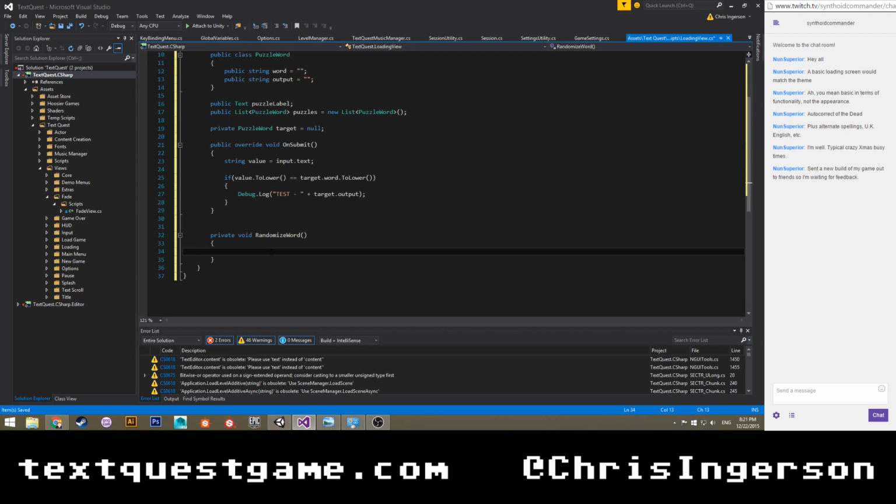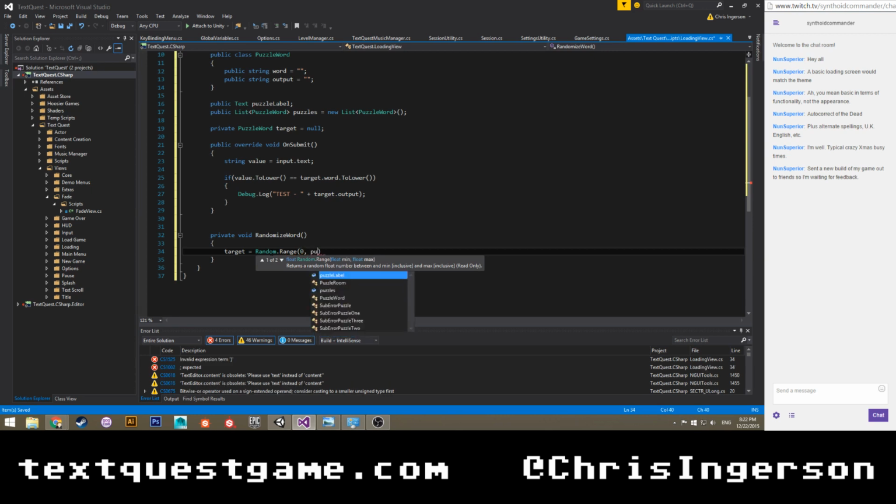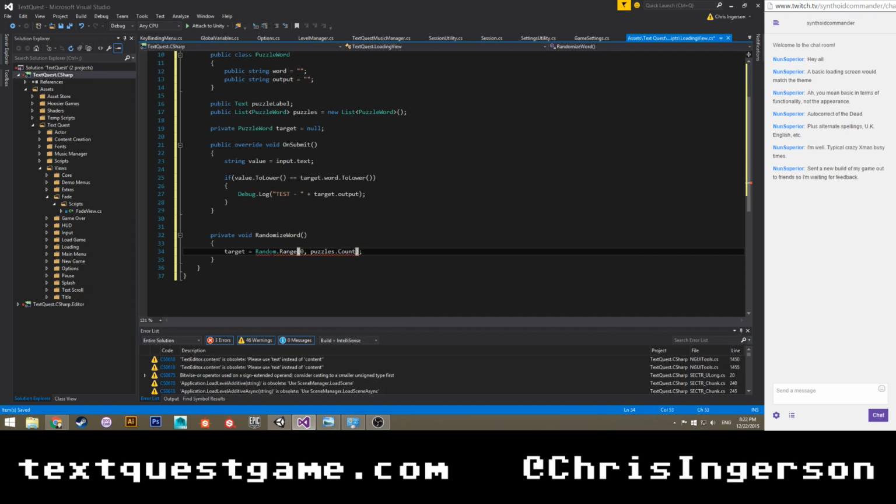So we're going to say target equals mathf dot random. Oh, right, it's not mathf, it's random dot range, 0 and puzzles dot count. Ah, right.